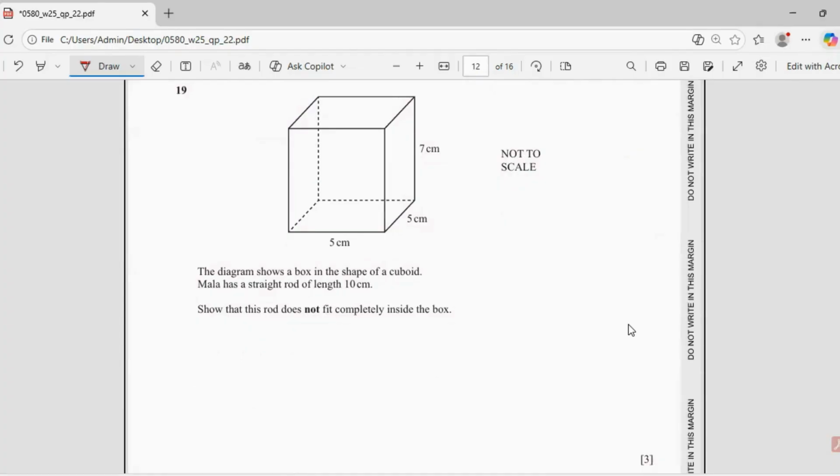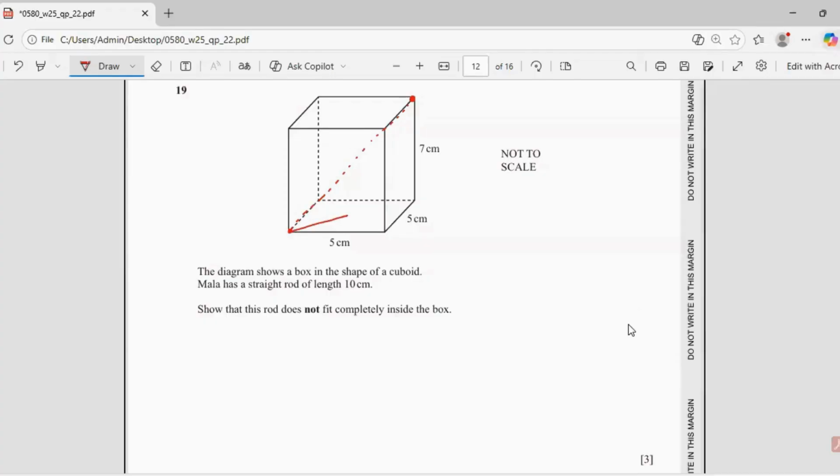Body diagonal means that if you join this point to this point, this is the body diagonal. Now, if the rod can fit this length, then we can say that it can completely fit inside the box. Let's find out this length. To find this length, first we have to